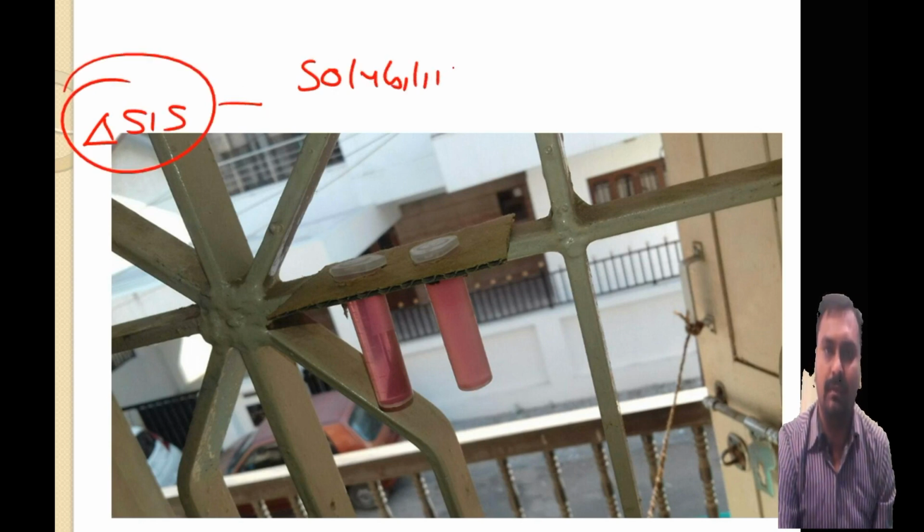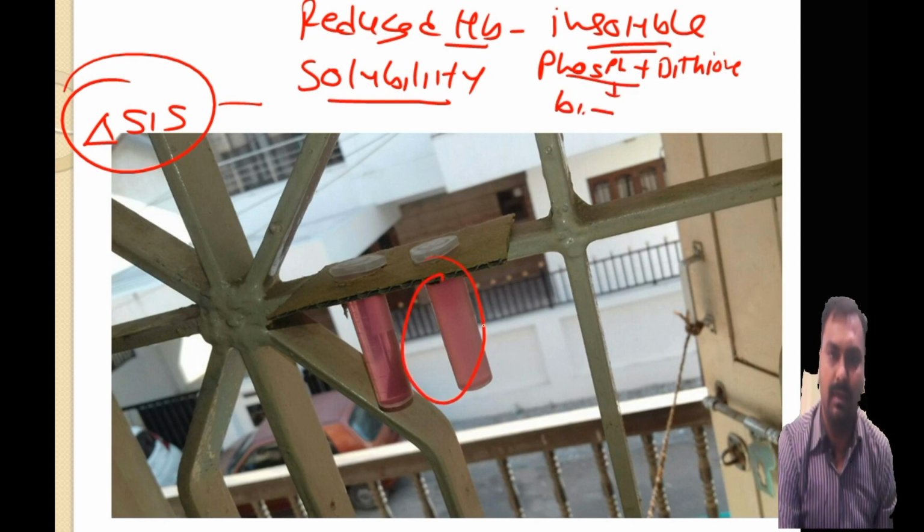Now, how can we diagnose? Diagnosis is with the help of the solubility test, as reduced hemoglobin is insoluble in phosphate buffer. So we take phosphate buffer, add dithionite powder to make hemoglobin reduced, and we add the blood sample. If turbidity is there, we can say that the patient is sickle positive. He may be sickle trait or disease. Both will give this test positive,